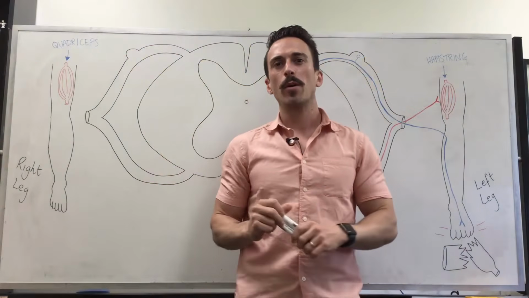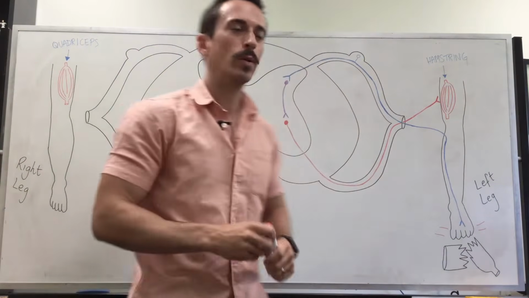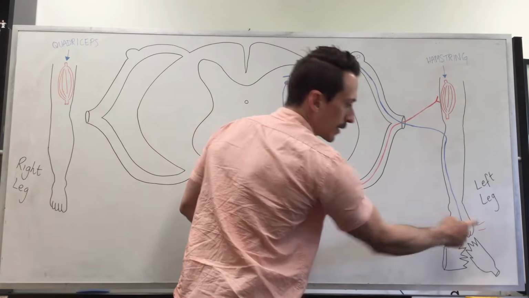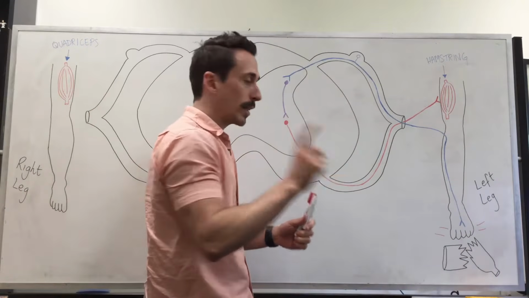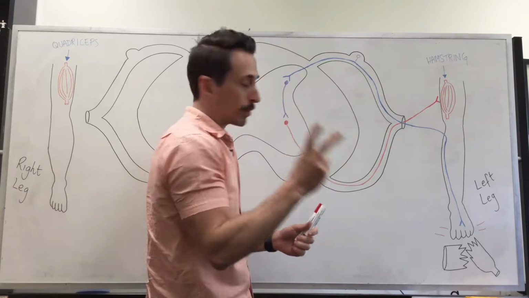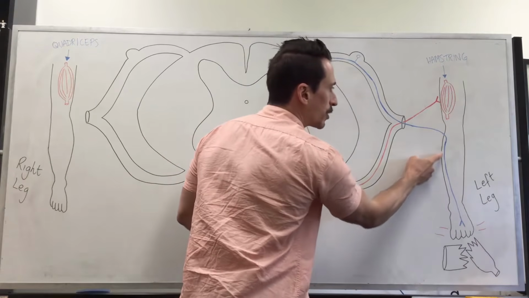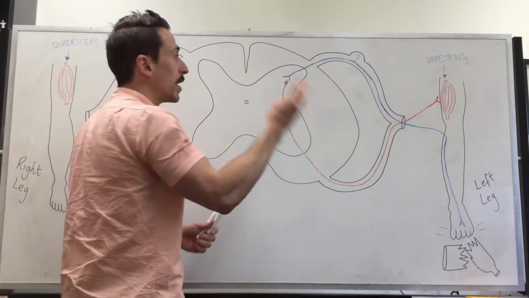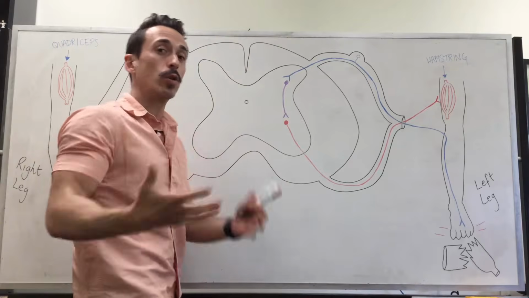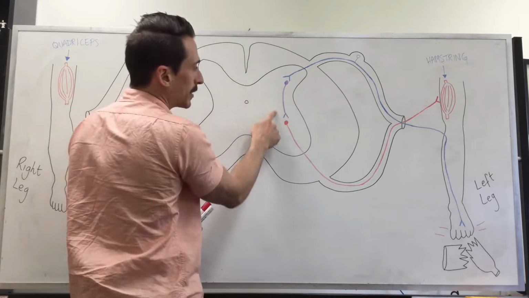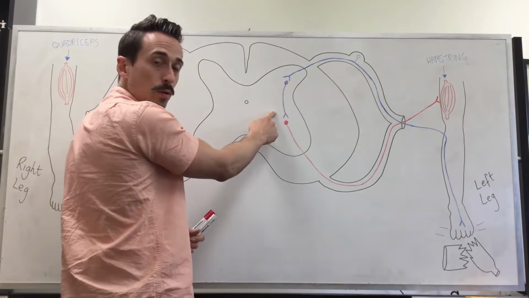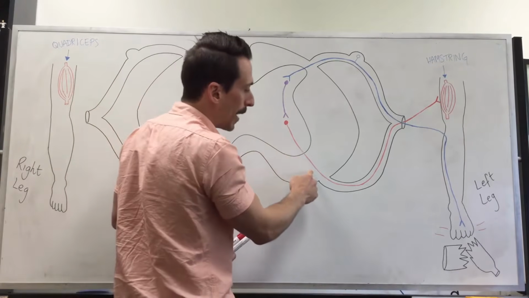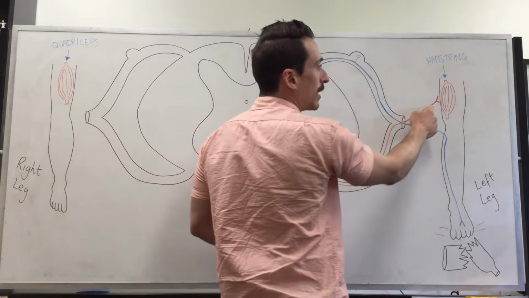Now remember, when we spoke about the simple reflex arc, we said that there were 5 components. We said that there was a receptor that picks up the stimulus, transduces it into an electrical signal, and sends it to number 2, the sensory neuron, which sends an afferent signal into the central nervous system or spinal cord. 3, the integration center or control center, which in this case is an interneuron that sends the signal to number 4, which is a motor neuron, which sends an efferent signal back out of the spinal cord to the effector,